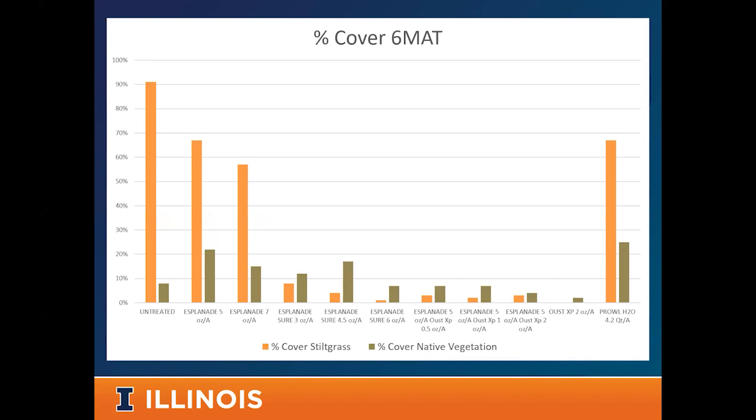You can see in the untreated, we had very, very low amount of native vegetation and high amounts of stiltgrass. Both Esplanade treatments were the same, where we had heavy stiltgrass, though we still had quite a bit of native vegetation, and then Prowl is the same thing. What to take home from this is that our native vegetation suffered quite a bit with anything that had Oust